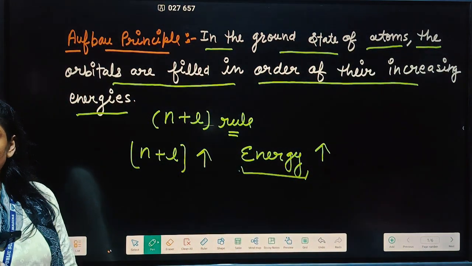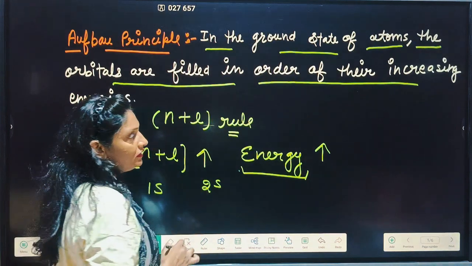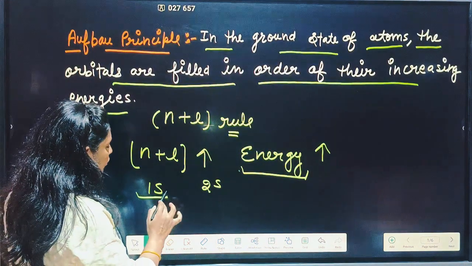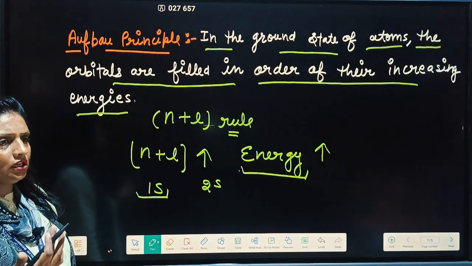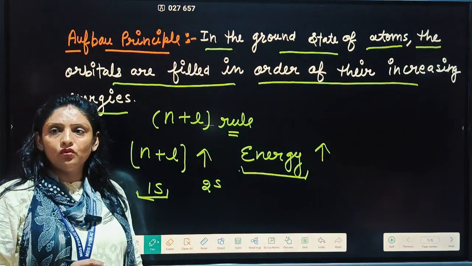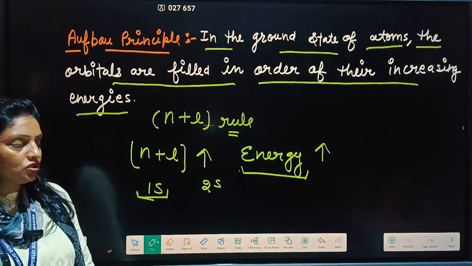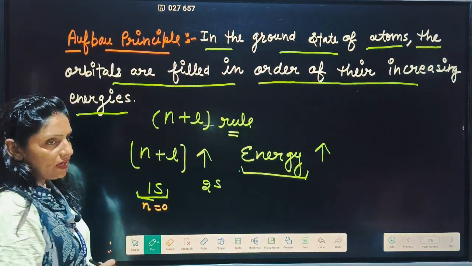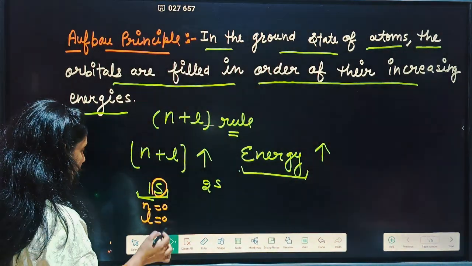Clear or not? Like students, if I compare two orbitals, 1s and 2s, then in case of 1s, you will find value of n quantum number and value of L quantum number. Your attention should be here only. Then students, first of all you will calculate value of n and L. Okay, now you know very well how to calculate values. So here, what will be the value of n? Tell me. 1. So value of n is 1. And for s orbital, you know very well, value of L is 0. Okay, sorry, it is 1.